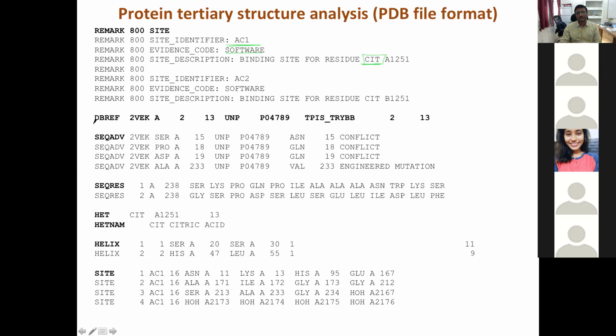And then, not all the time, but you will have another thing which is also mentioned in this PDB file format, DBRef, which essentially says that there is a database reference for something. So the database reference says that this is the PDB, and this database reference to UNP is UniProt, which I hope you are familiar with. UniProt is a database, a repository of all known protein sequences, and this is the